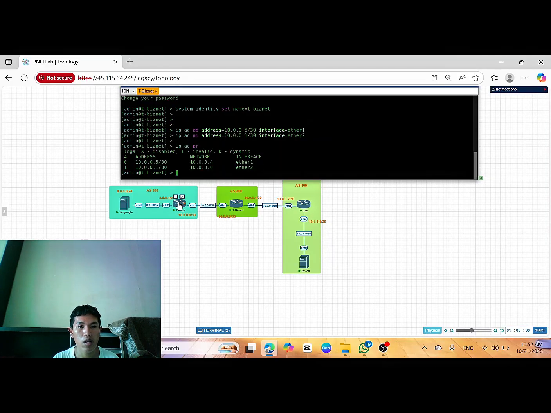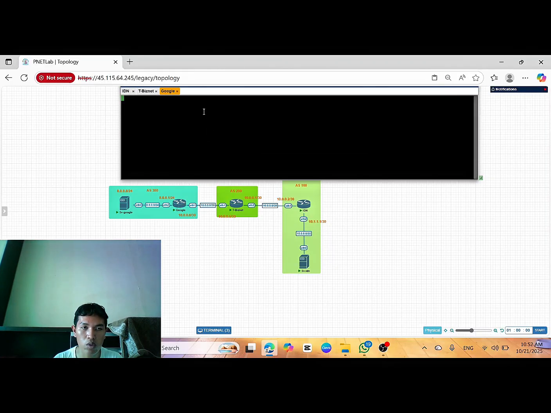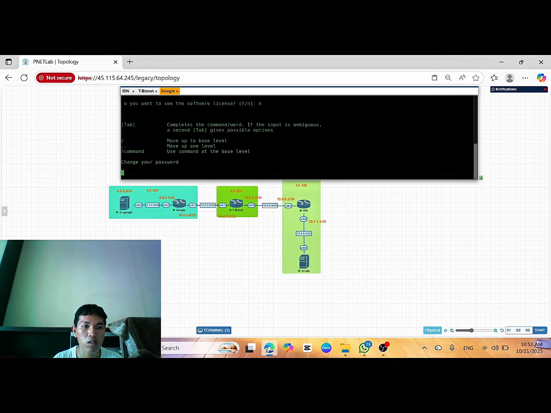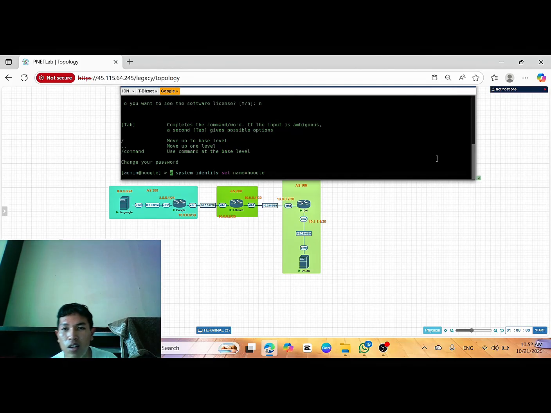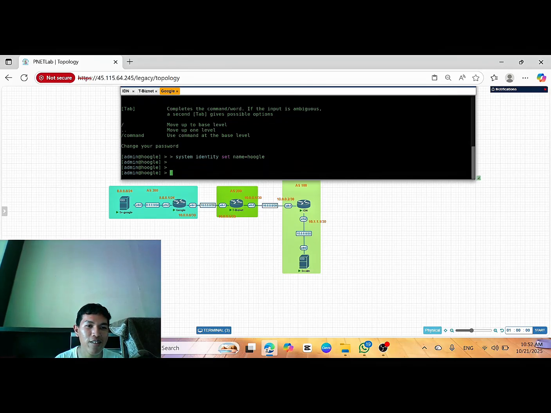Okay, next I'm going to router Google, login. Now I set the hostname, identity set name, Google. The next is the same.